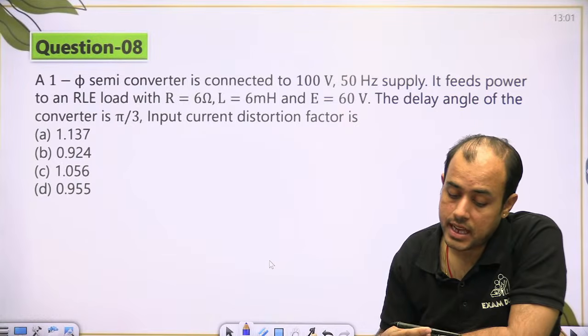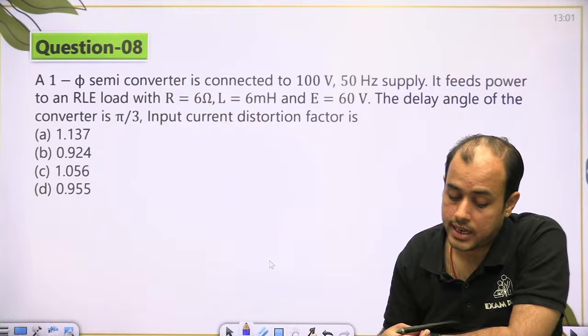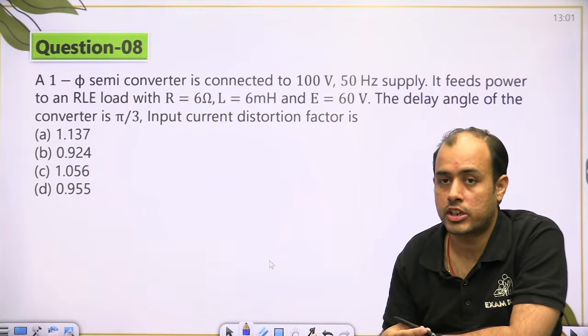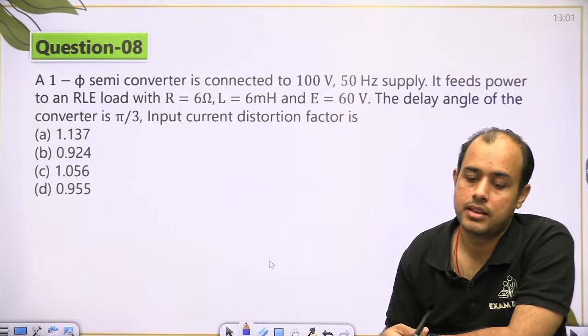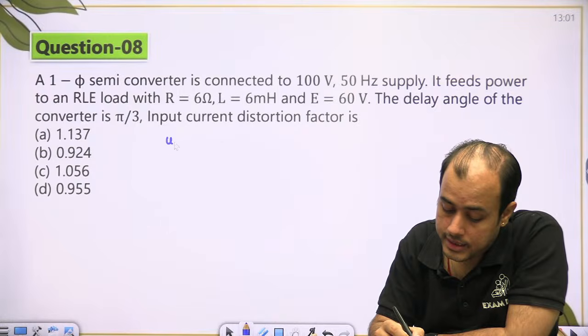A single phase semi converter is connected to a 100 volt 50 hertz supply. Load is RLE. Alpha is pi by 3. I need the current distortion factor G. I need G. ठीक है. तो बेटा